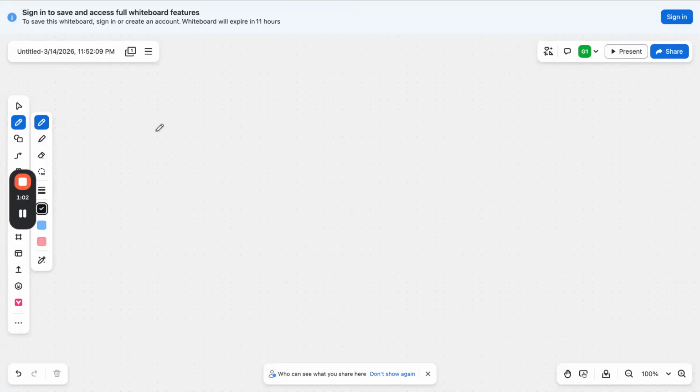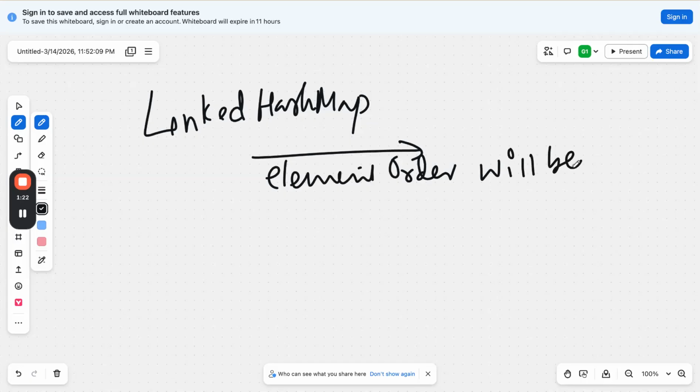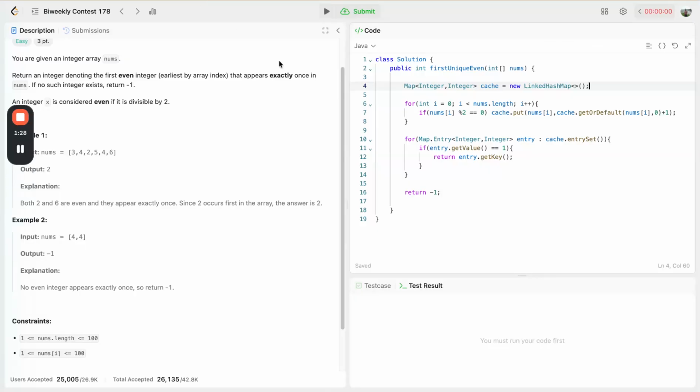If you see in linked hash map, the ordering of the element will be maintained. Okay, so that's why I am taking the linked hash map here,